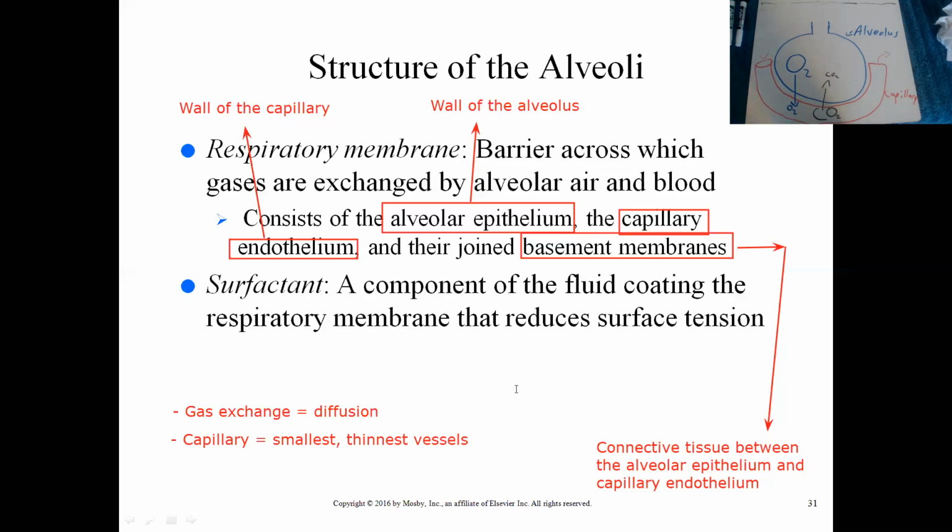Now, there's another problem. For diffusion to occur in your body, the chemicals for diffusion have to be dissolved in water. Otherwise, diffusion in the body can't take place. So for diffusion to take place on the inside of the alveolus,